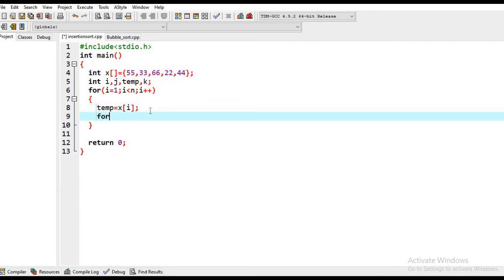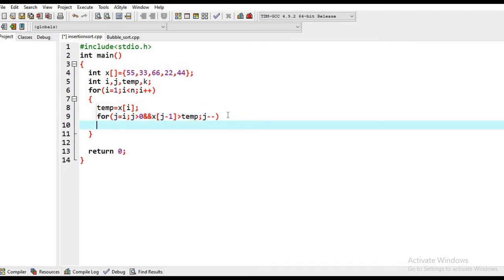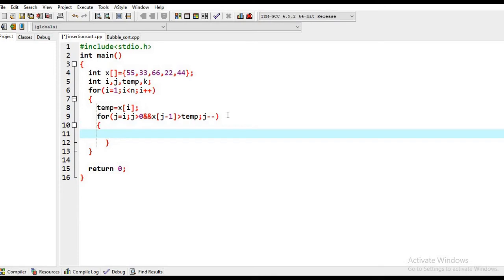Now it is the turn of the second loop. We have a second loop with the variable j. We initialize j with i. First of all, the condition is j is greater than 0. This condition must be fulfilled along with the other condition, which is x[j-1] should be greater than temp. If both these conditions are true, then only the j loop is going to be executed. And in the j loop, we are shifting the greater element,